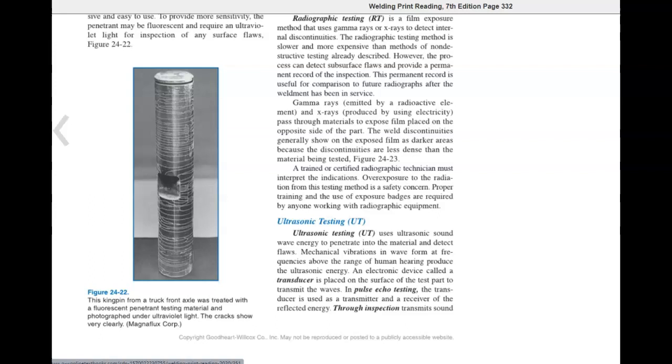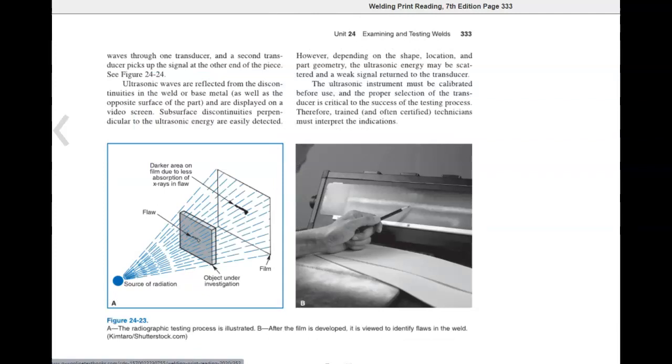In pulse echo testing, the transducer is used as a transmitter and receiver of the reflective energy. Through transmission inspection transmits sound waves through a transducer, and a second transducer picks up the signal at the other end